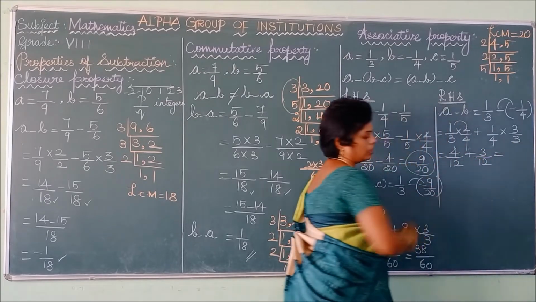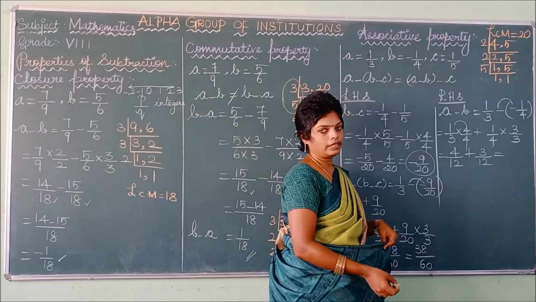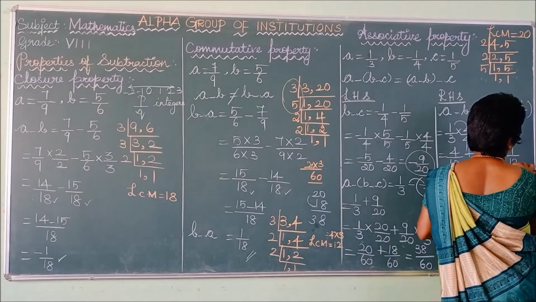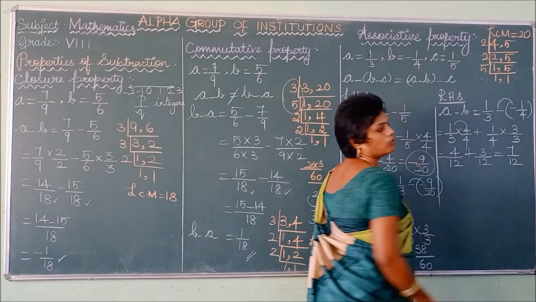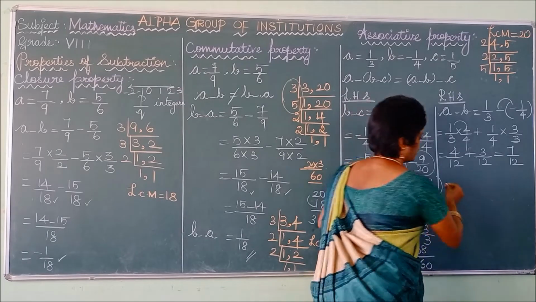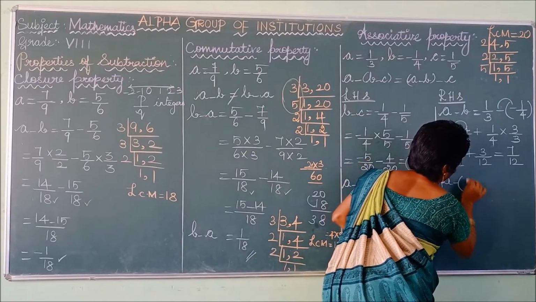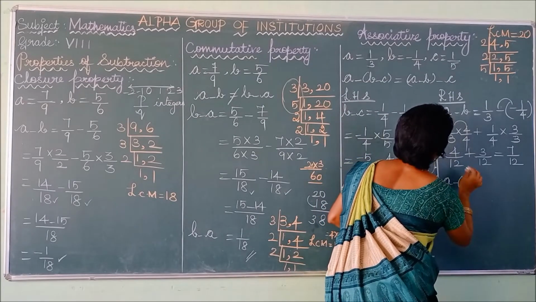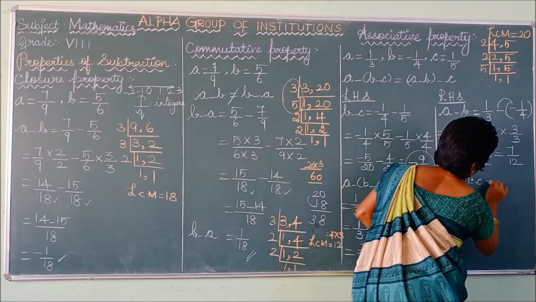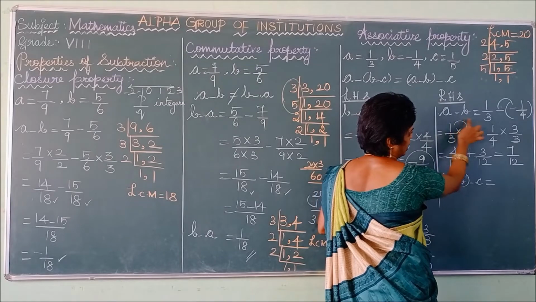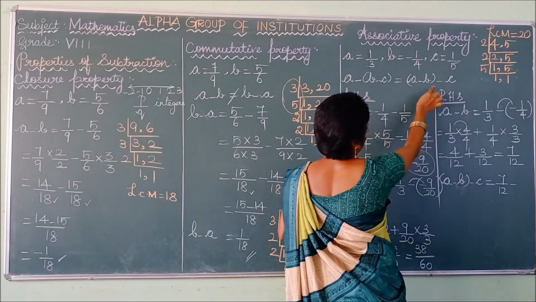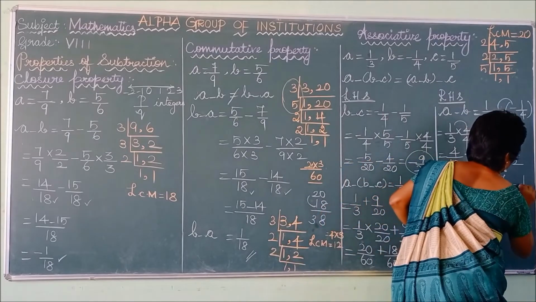So both the denominators are same, you can add the numerators. So what is the numerator? 4 plus 3 is 7, 7 by 12. You have found only the value of A minus B. How to subtract the value with C? A minus B minus C, which is equal to, what is A minus B? A minus B is 7 by 12 minus, what is C value? C value is 1 by 5.